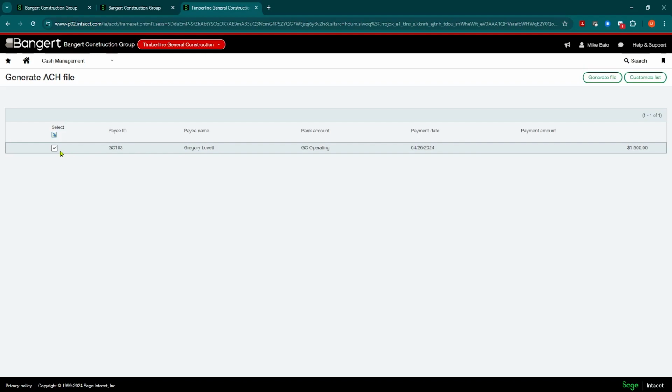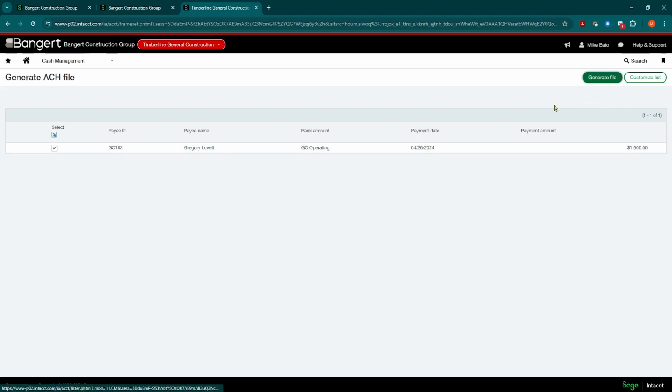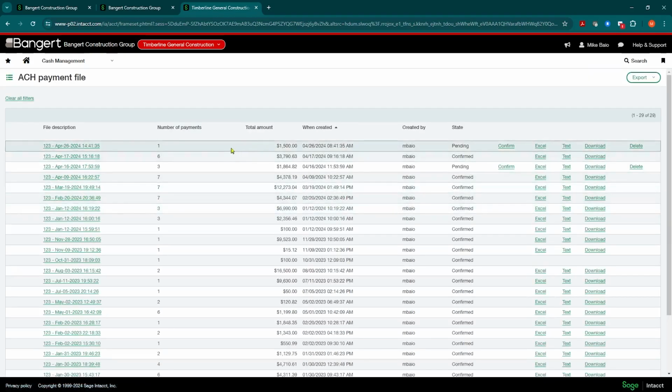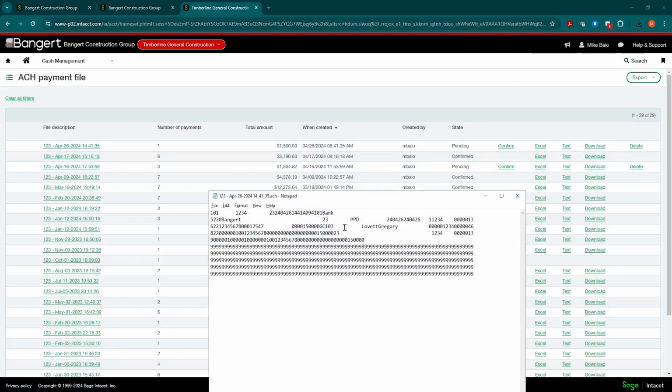Just add more expense entries, select the employee, and generate the file. That takes you right into the ACH payment file. At that point, you can download that file, and that's going to download your ACH file that you need to send to the bank for testing. That's the file you can take as your pre-note and send for testing.